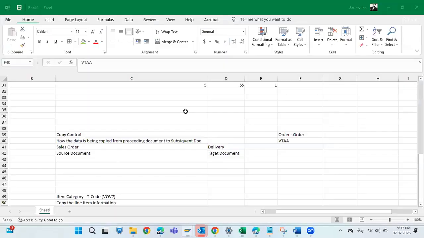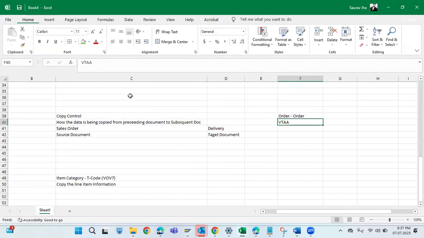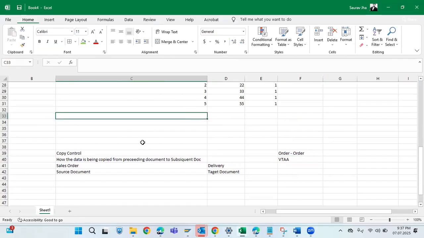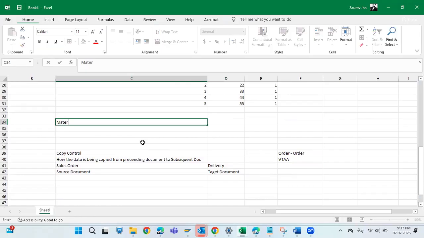Basically, whatever information we have in the line item, suppose in the line item we have the material code,